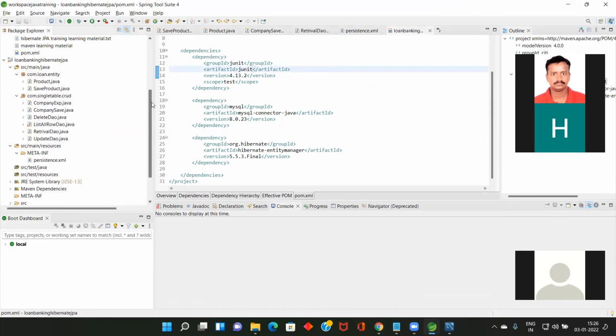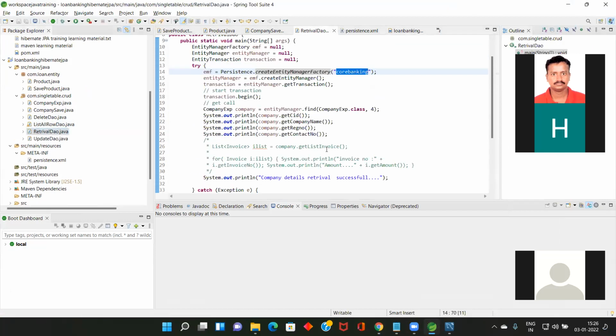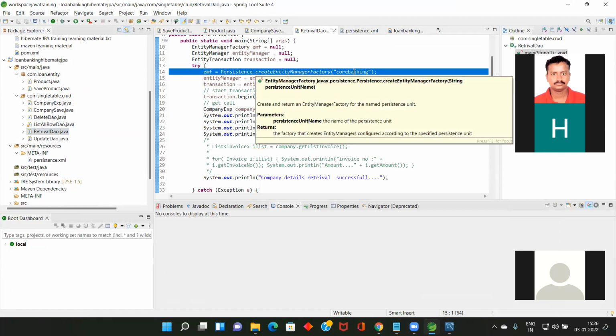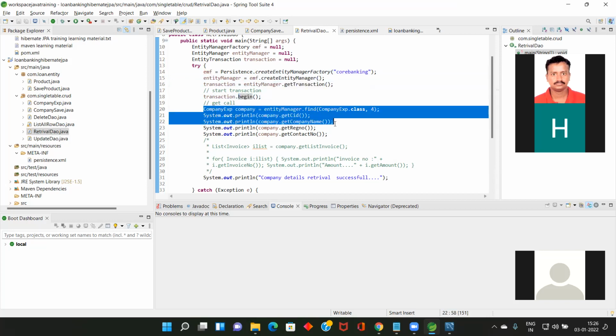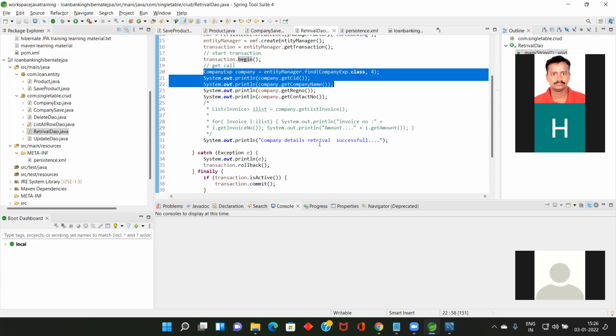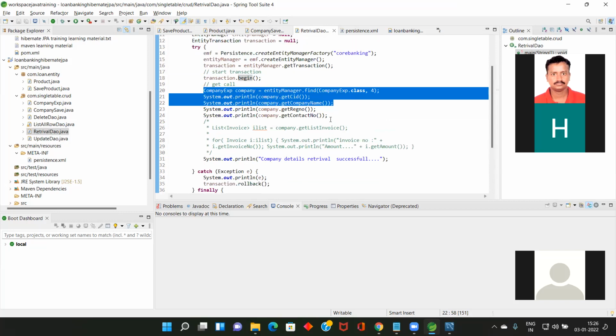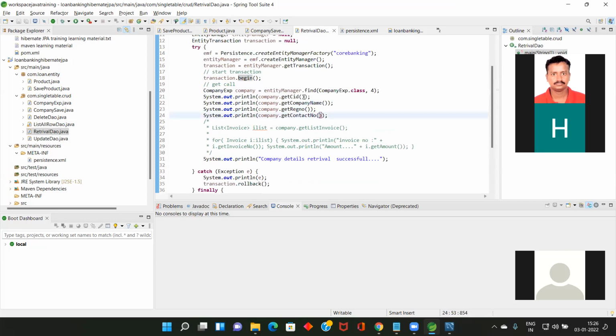All right. Okay. So now retrieval. So if it is going to be retrieval, now you know what this one is. This one is using our persistence.xml and creating a factory. Next, from factory, we are creating entity manager. From entity manager, start the transaction, begin the transaction. Then you create entity, pass the entity to this one. This one is find. So you are using the find method.